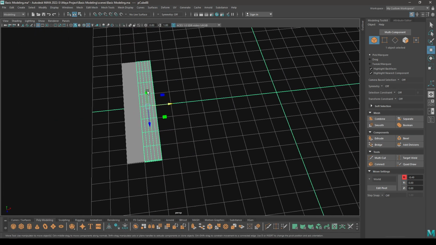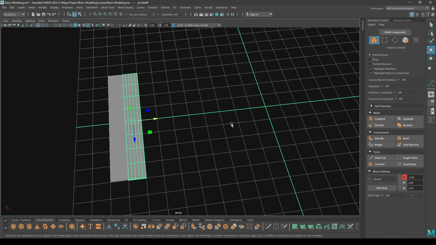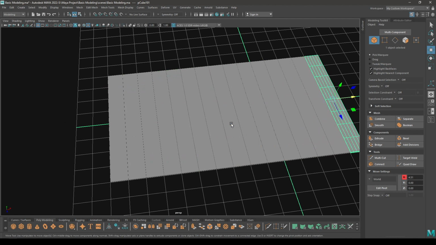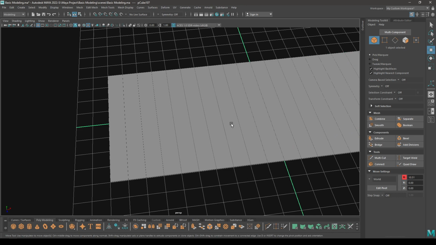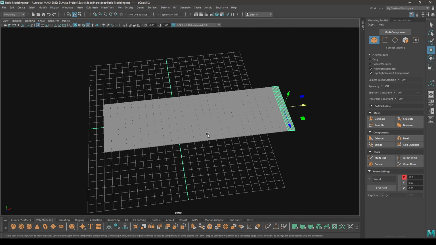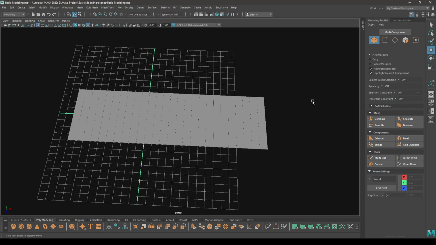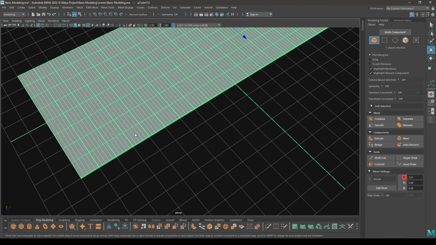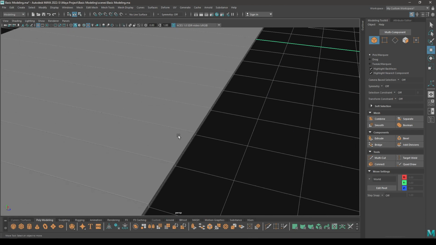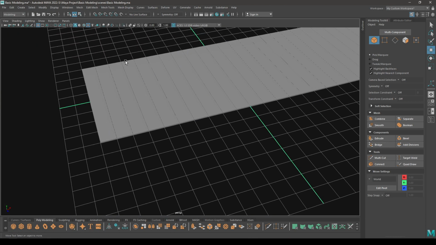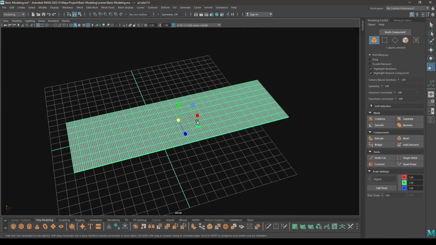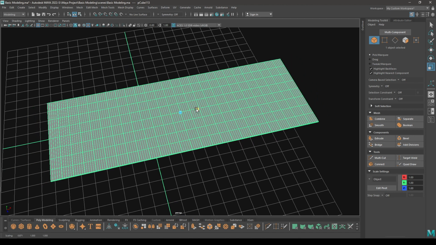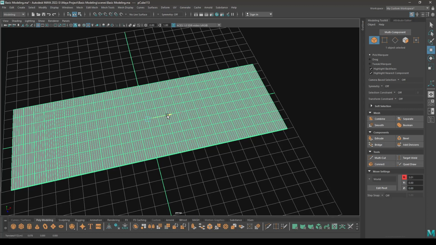And now press Shift D again to duplicate with transformation. Now select all of them and now we can combine. And maybe scale it a little bit like this. Place it here.